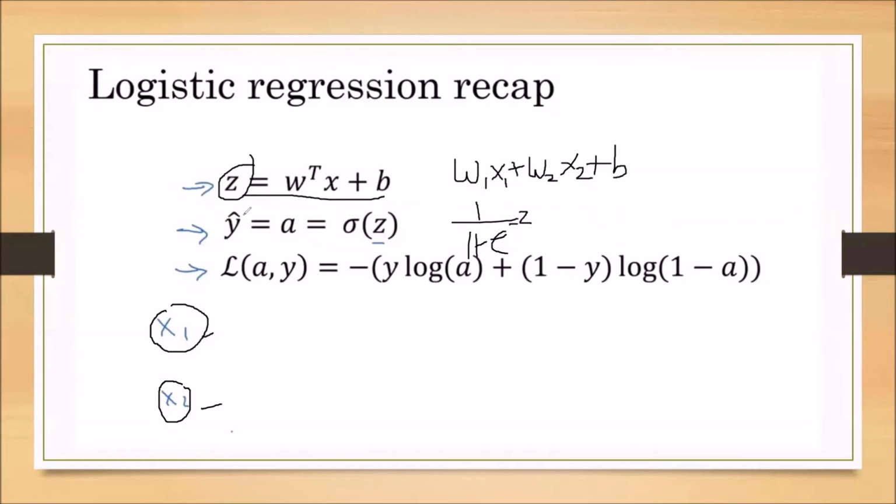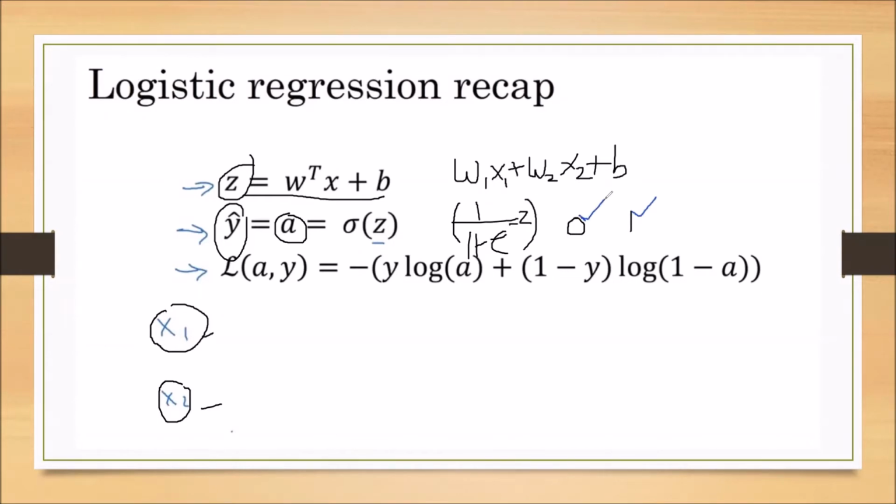Now the predicted output is y cap. To make it convenient, I am representing that predicted output with a. Why are we taking the logistic function 1 by 1 plus e to the power minus z for the prediction? Because the value of this function always lies between 0 and 1. Remember, in logistic regression we have to make the decision either yes or no. If it is yes, it is 1. If it is no, it is 0.